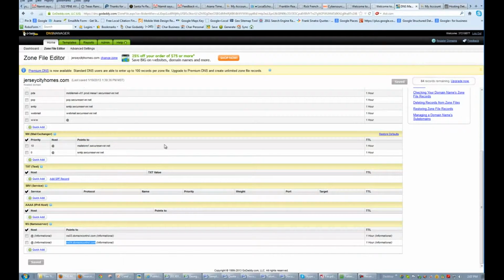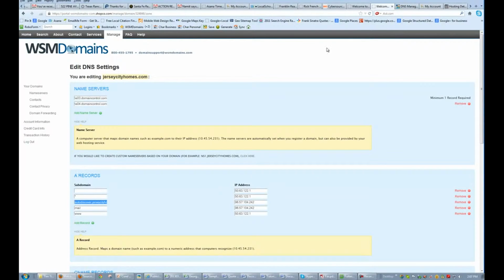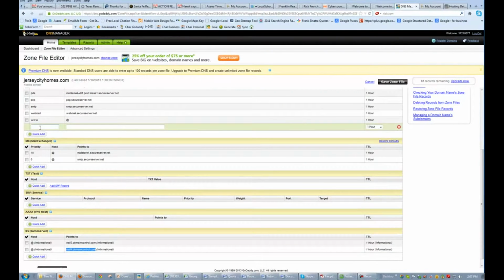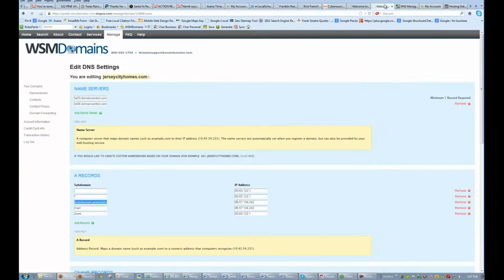So this is, remember, an A record. So you go to the DNS manager, go to your A records, and you're going to add it here. And you're going to set it up to go to the same